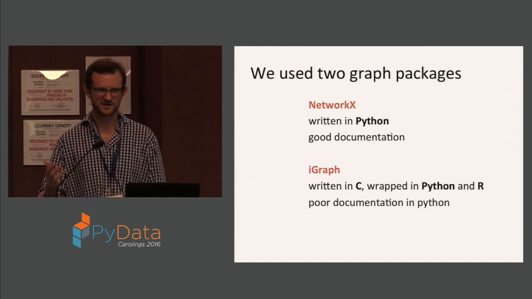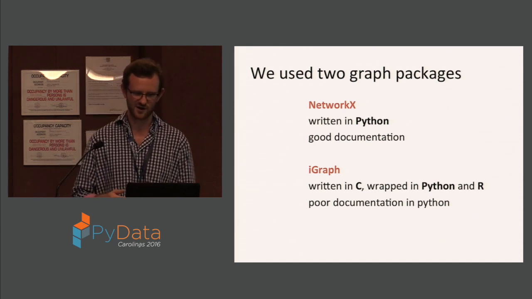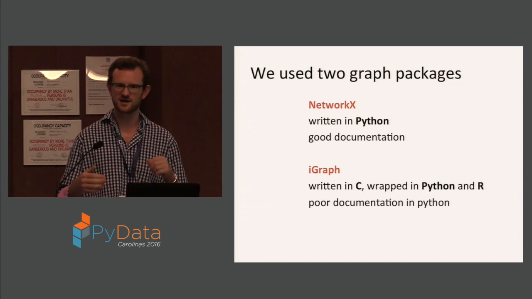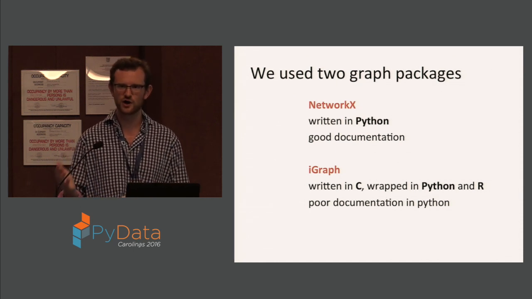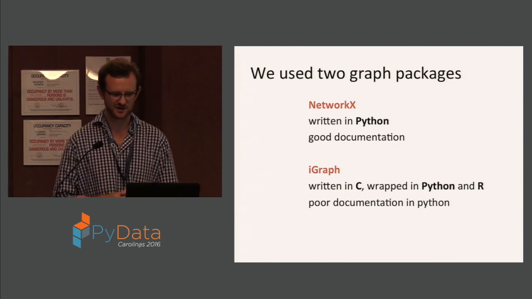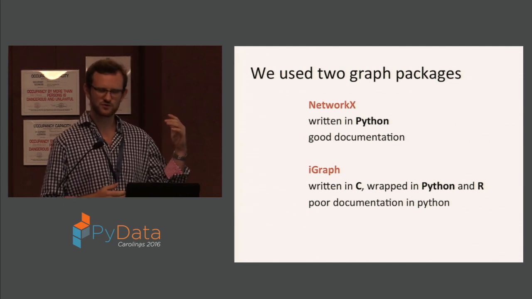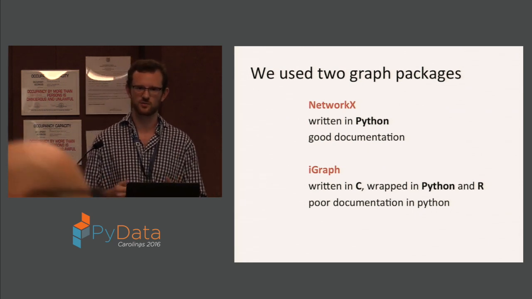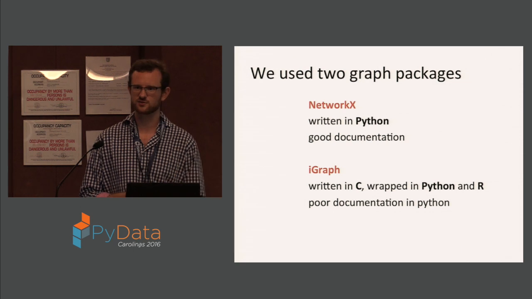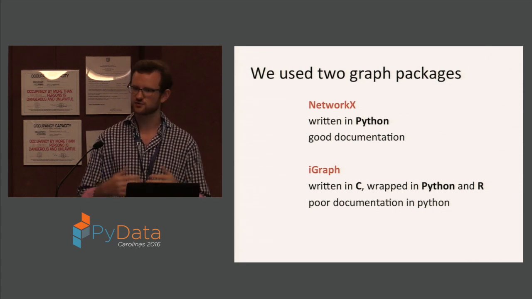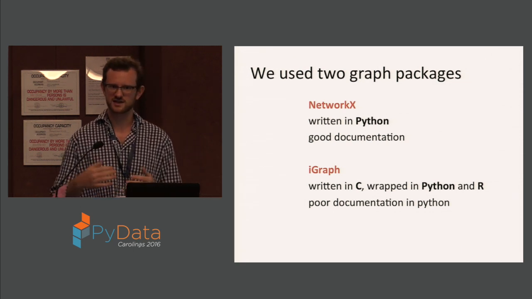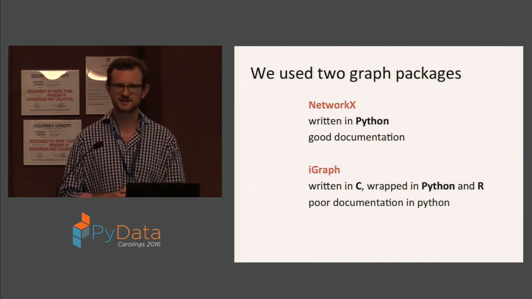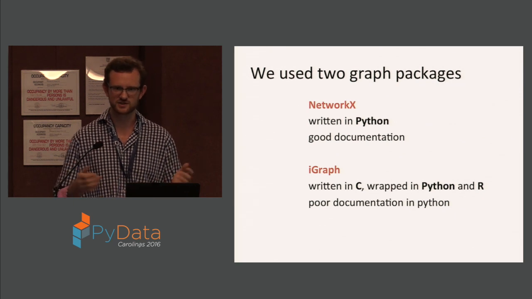For our analysis, we did it in Python with Jupyter Notebooks. There are a lot of open source graph and network packages. By the way, graphs and networks are interchangeable, as are nodes, vertices, and cases. We use two: NetworkX and iGraph. They're both wonderful packages, both open source. NetworkX is written in Python and has really great documentation. There's example code, and the documentation is actually useful. You can find an example of what you want to do, copy, paste, change a few things, and